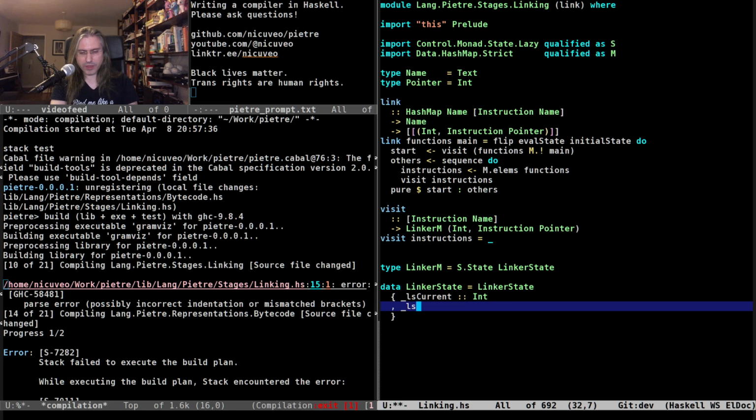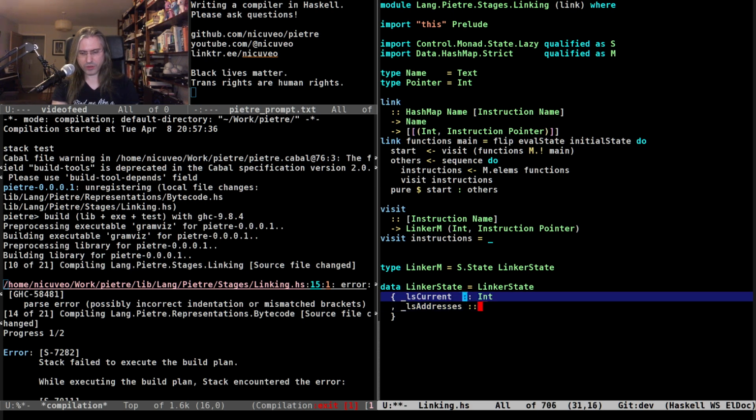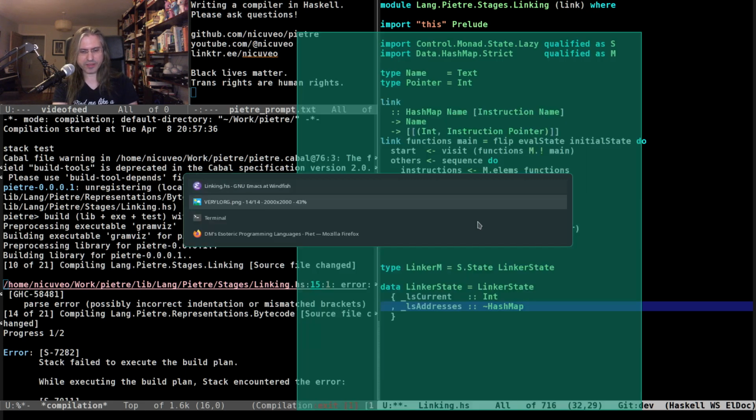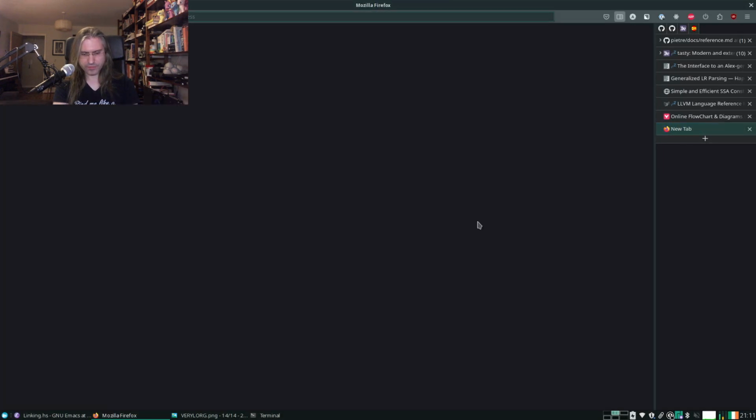That's fine. So how do we call the mapping? Addresses, I guess? Dictionary? The phone book? I don't know. Addresses. It's good enough. So this is going to be a lazy hash map. I think a strict hash map is strict in its keys, not its spine necessarily. Let me check that.